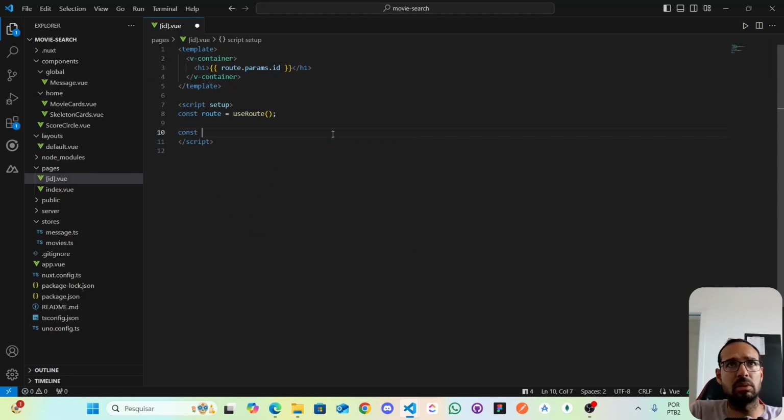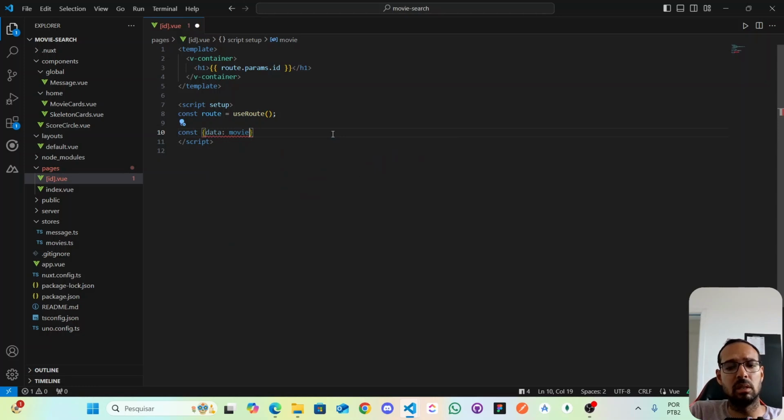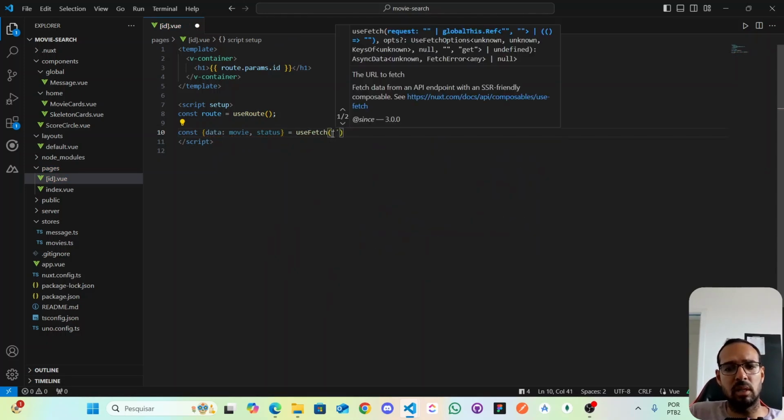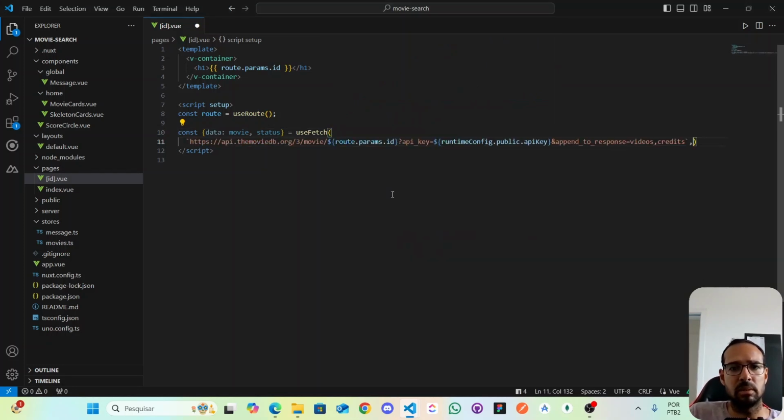So let's make a const. I'm going to grab data and call it movie. I'm going to grab status also. And I'm going to go for useFetch. I have my URL, so I'm just going to grab it here and place it here. And we also want more information. We want to transform the information before we receive it for the movie. We want a transform function from the useFetch